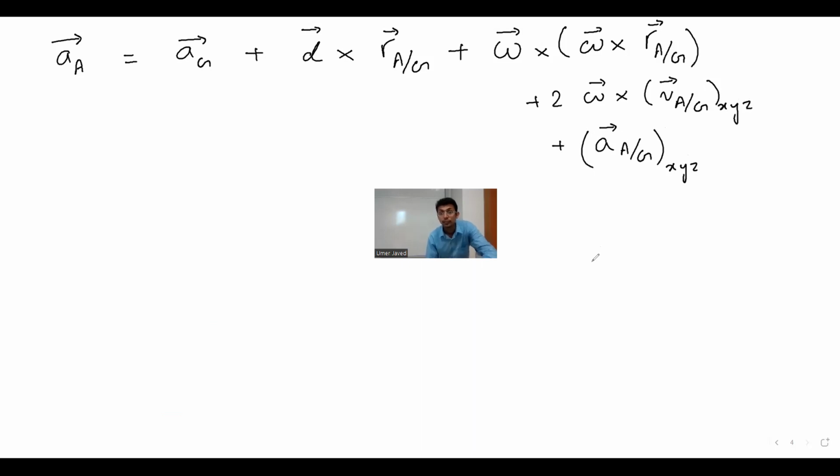Hocam, I think it's not omega, it's alpha. No, I'm 100% sure. It's 2 omega cross v. This is a Coriolis component. Anyways, it's a joke, 0, because come on, those points are not going away or coming towards them. How can these components even enter? So you will be left with